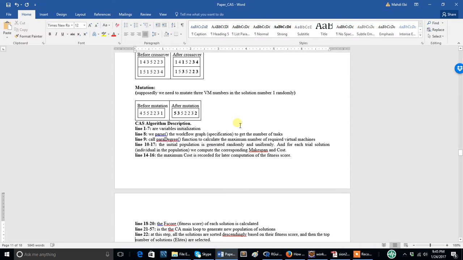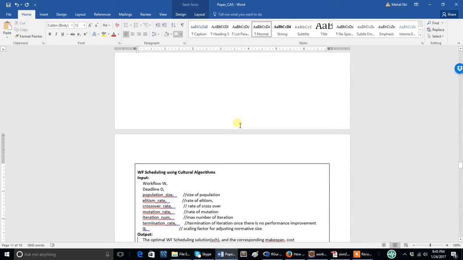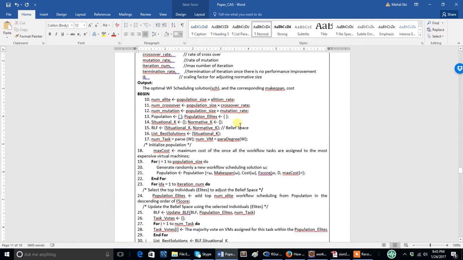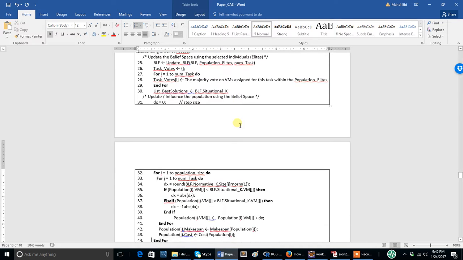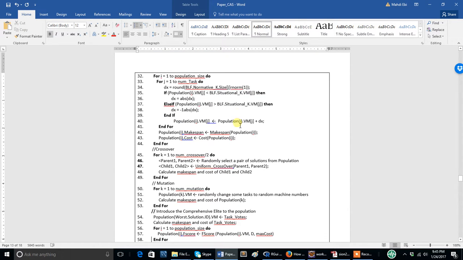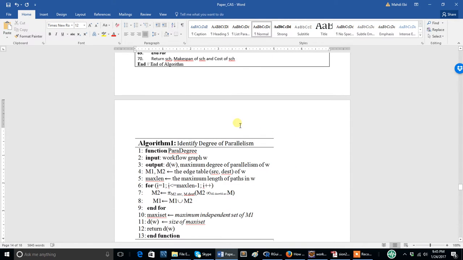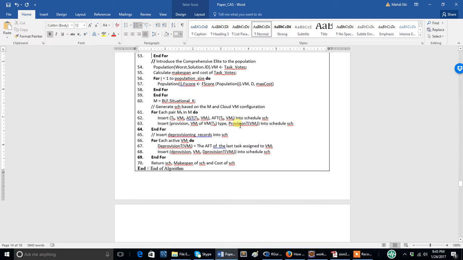Okay, so this is just a description of our algorithm, and this is the pseudocode. The pseudocode is updated, so up to here we just create the mapping. After we have that mapping, which tells which task maps to which virtual machine, we generate the schedules based on the mapping M and the cloud VM configuration. And for each pair in M, meaning which task goes to which machine,